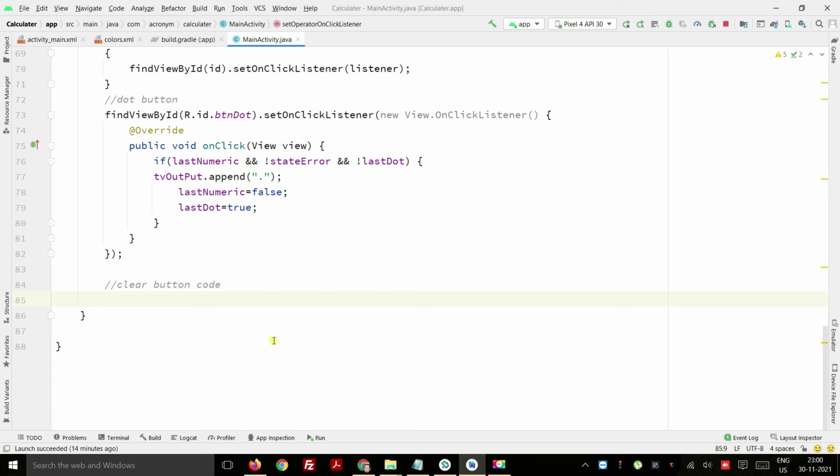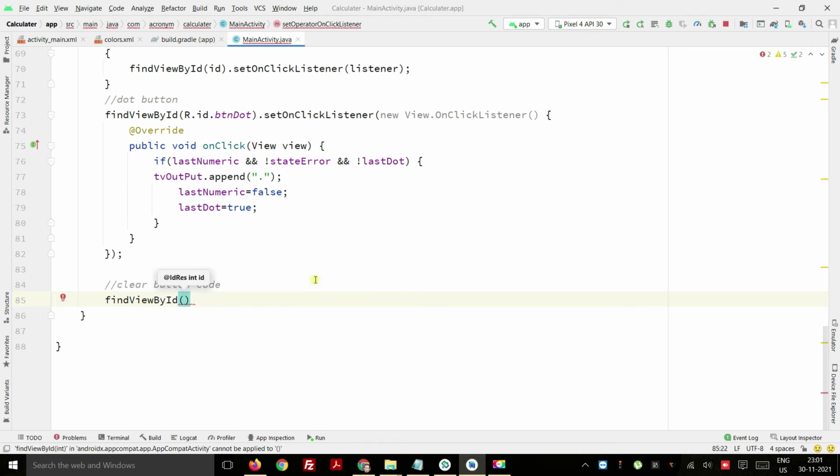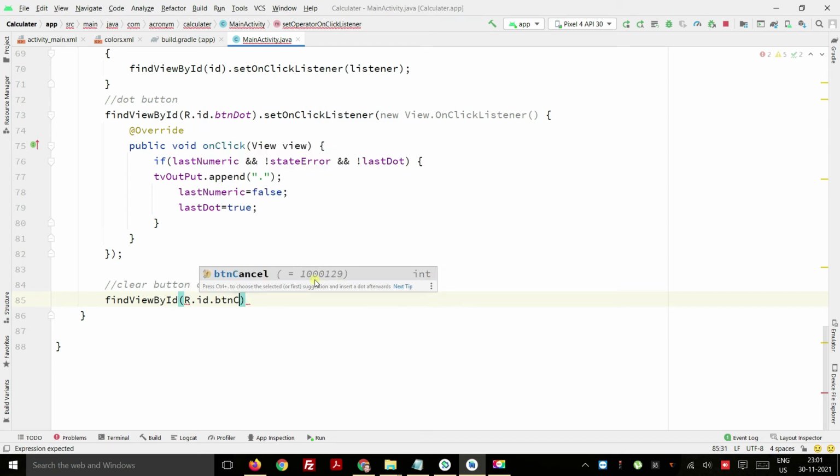Then I am going to use the equal button. What it will do is the coding for when we simply click on equal. Before the equal button, we are going to use the concept of the clear button. So find view by id R dot id dot button, cancel or clear, whatever name you want to put.